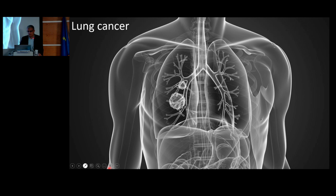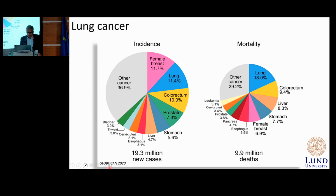Okay, so let's move to the lung cancer, and what I'm going to share with you is some of our unpublished data. I start with some facts about the lung cancer. If you look at the incidence of all of the cancers, which is about 19.3 million new cases, the lung cancer is among the top. So lung and the female breast cancer are 2 of those which are among the top. Looking at the mortality of all types of cancer, the lung cancer is at the top with 18%. So 18% of 10 million deaths is caused by the lung